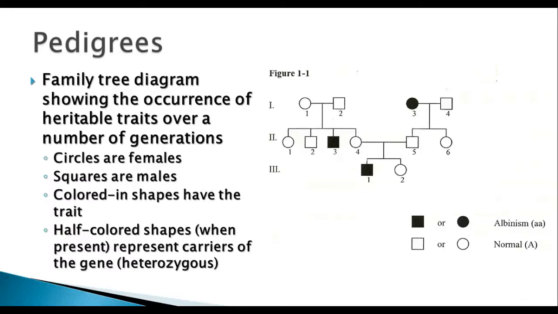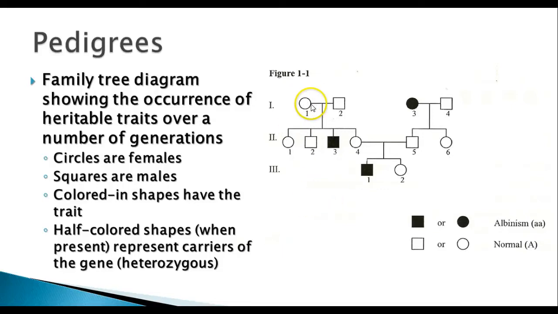Now, when you're looking at organisms with longer lifespans and you're trying to figure out the occurrence of inheritable traits over generations, it's kind of difficult to do in humans and some larger animals. It's difficult to do those test crosses. And so oftentimes what we do is make a diagram called a pedigree. This shows the occurrence of those traits over a number of generations. There are some things you need to know about pedigrees. We'll do an activity in class about pedigrees. They're not really difficult to understand, but you need to have a little bit of background about them to begin with.